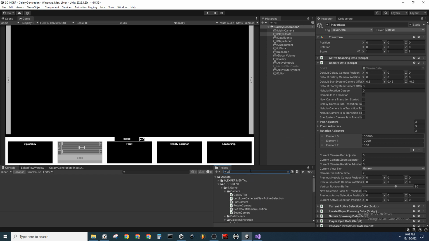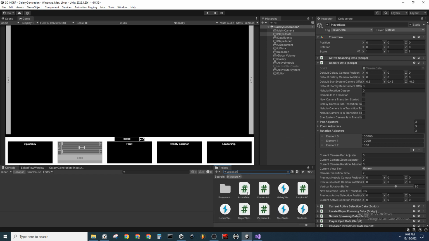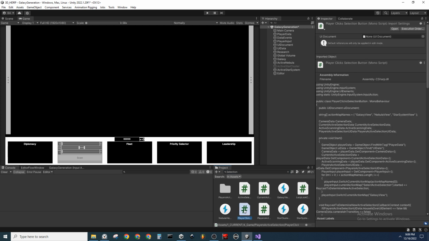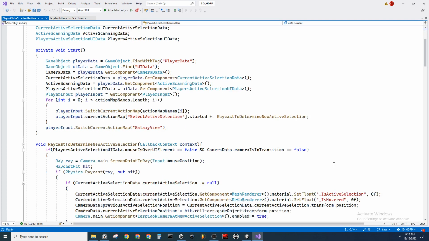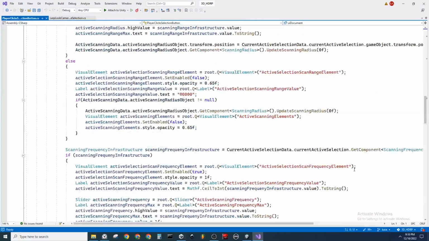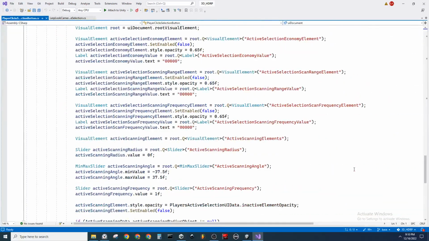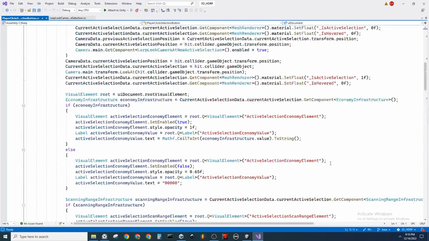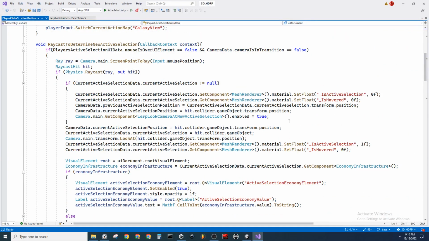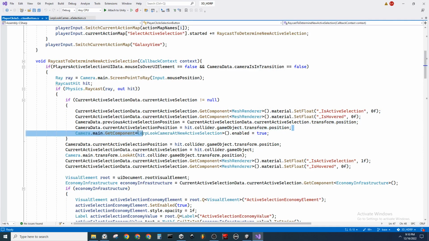Pretty sure selection. Player click selection button, okay. Sorry, I brain farted there for a sec. Okay, so in this code I added a few things, which was here. I said if the current active selection, if the raycast